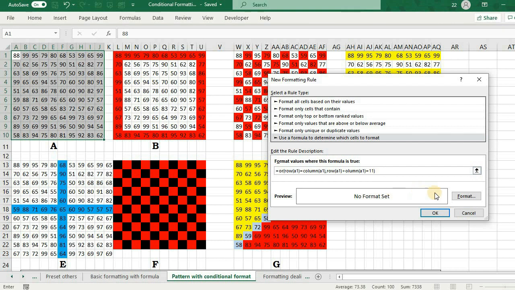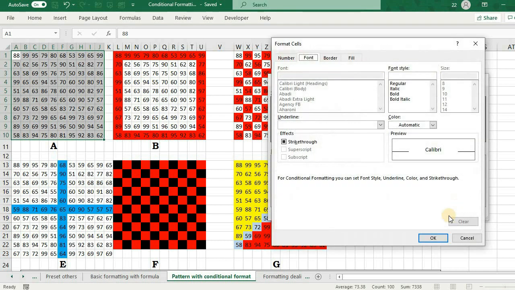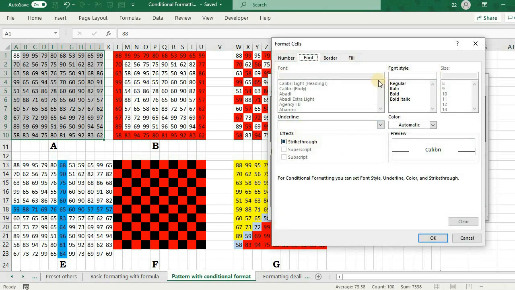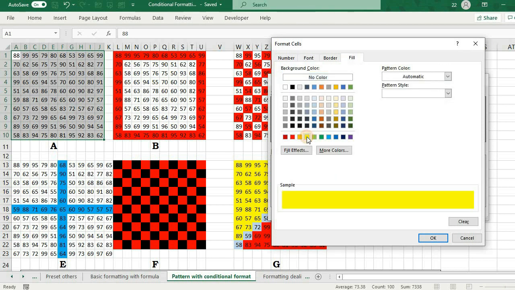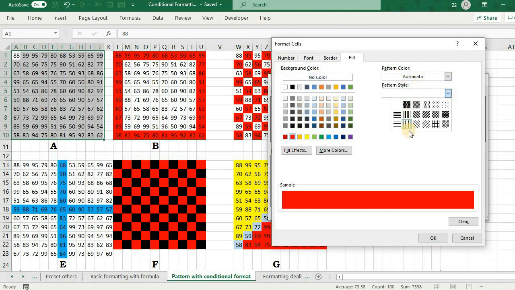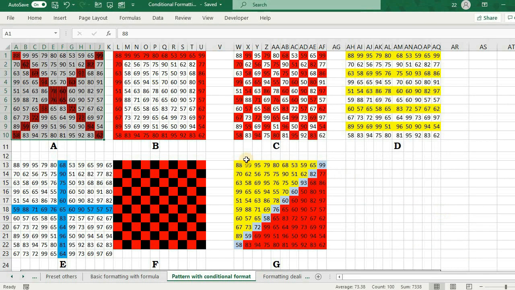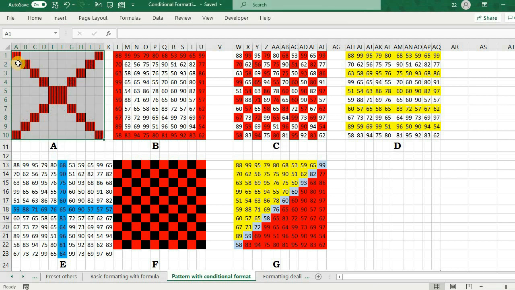In both the cases, sorry, I think I left something here. Okay, if it sums up to be 11, then do this. So I can fill it with yellow color or red color, and style could be like this. So see, and if you remove the data, it will look prettier.